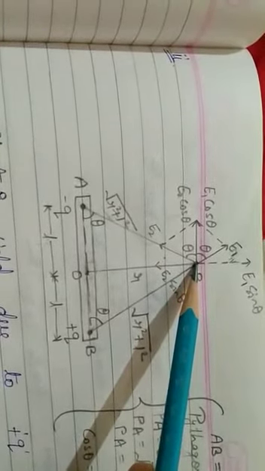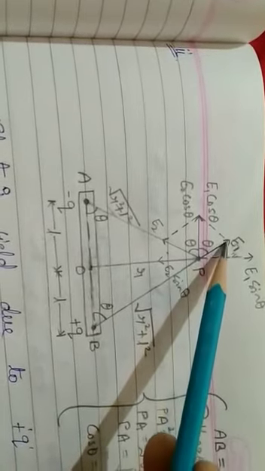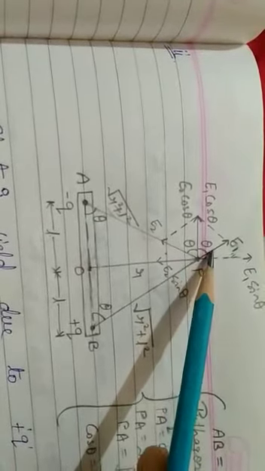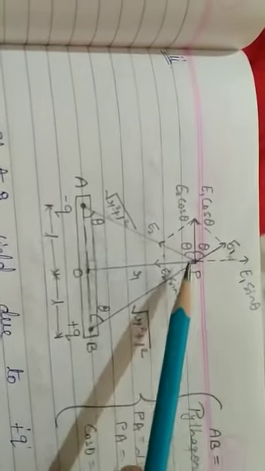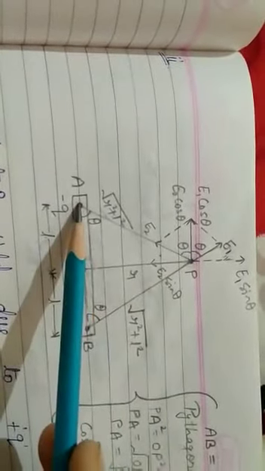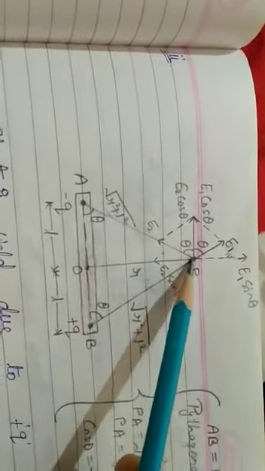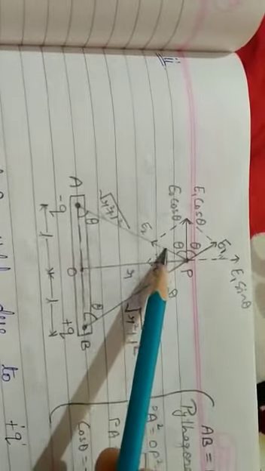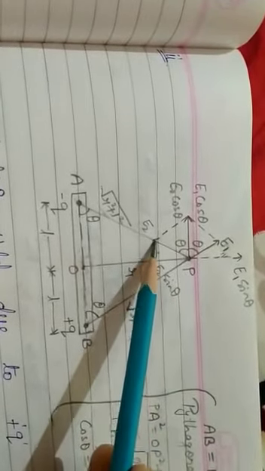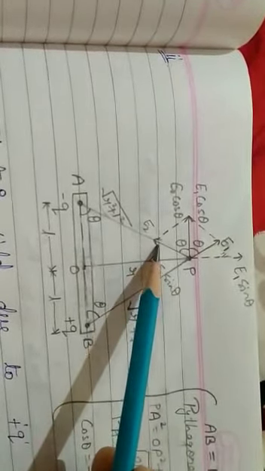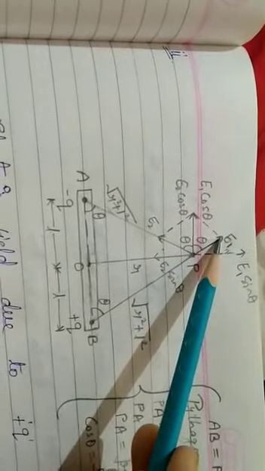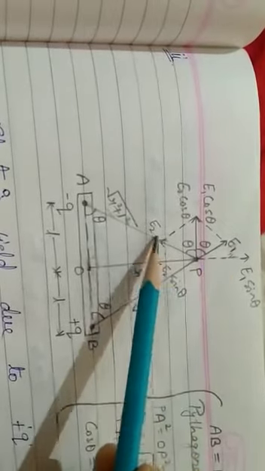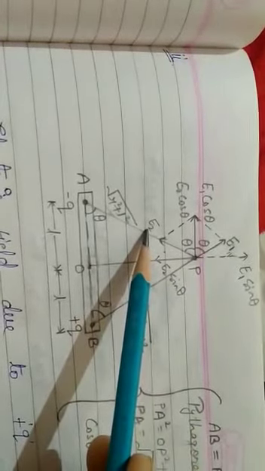So that's why it will try to move it away. So this will be the direction of force because of plus Q charge. But in case of negative charge, it tries to attract it, attraction force will be there. So this is the direction of electric field because of minus Q charge. This is the direction of electric field because of plus Q charge, which is E1, and this is the direction of electric field E2 because of minus Q charge.